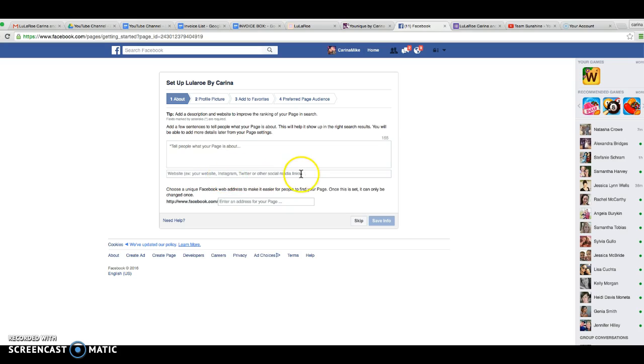Your website, this is where you would put your Facebook group. Or if you've created a domain name, you can go to GoDaddy.com and create a domain name so that you have this really short and sweet and catchy tagline website. Like for us, it's LuLaRoeSeasters.com, and they can type that in and it takes them straight to our Facebook group, to our page, or to shop. And then here is where you can also put your Facebook group. I think I'm going to skip this because I don't want to create anything.